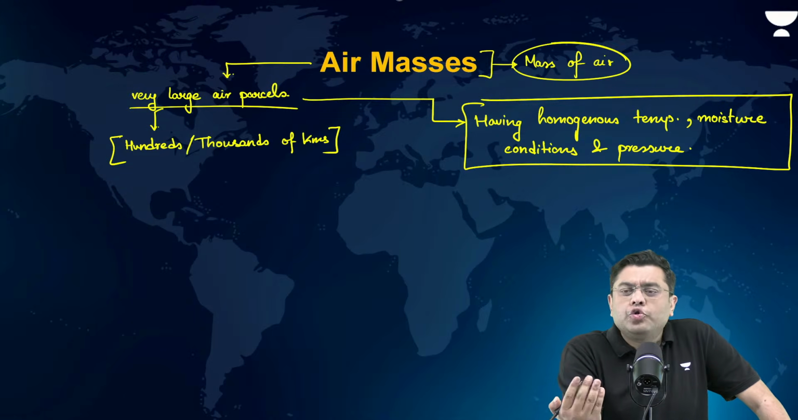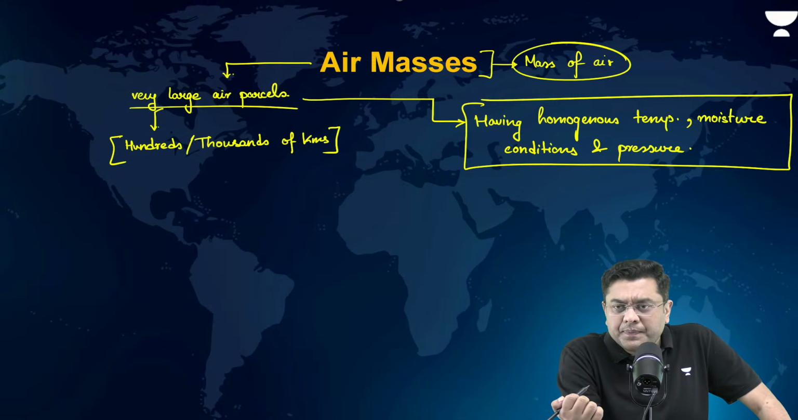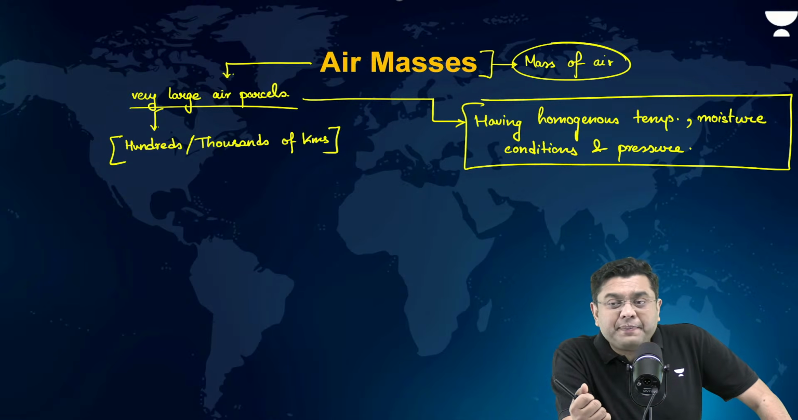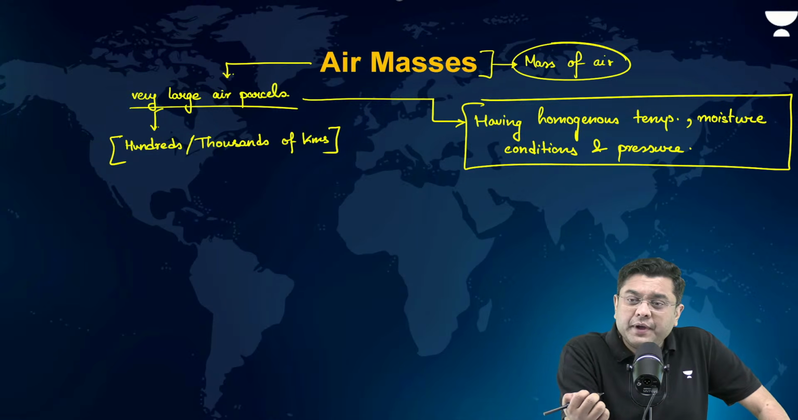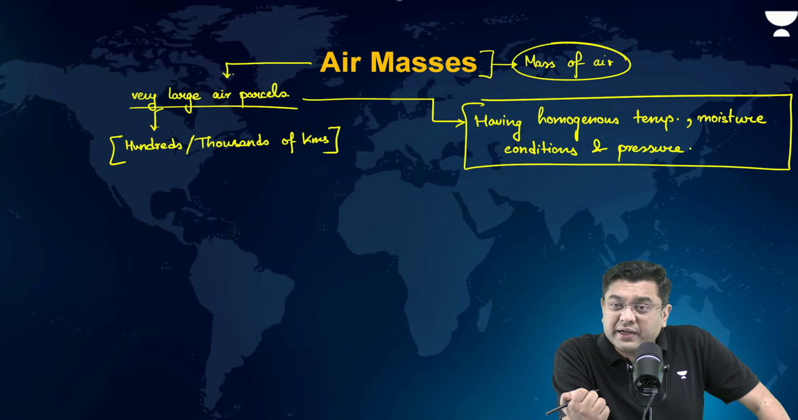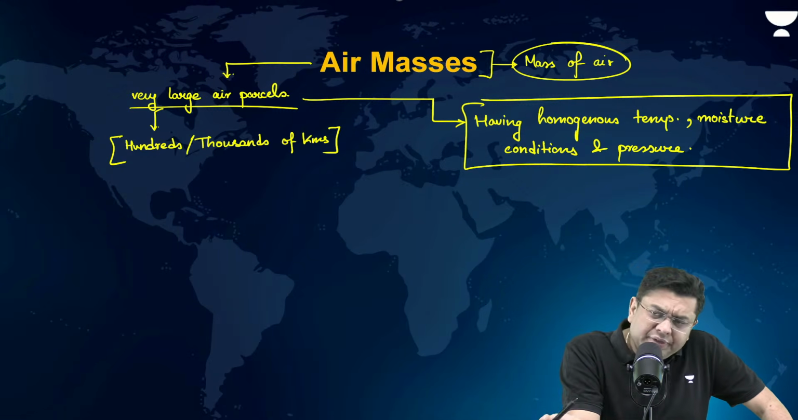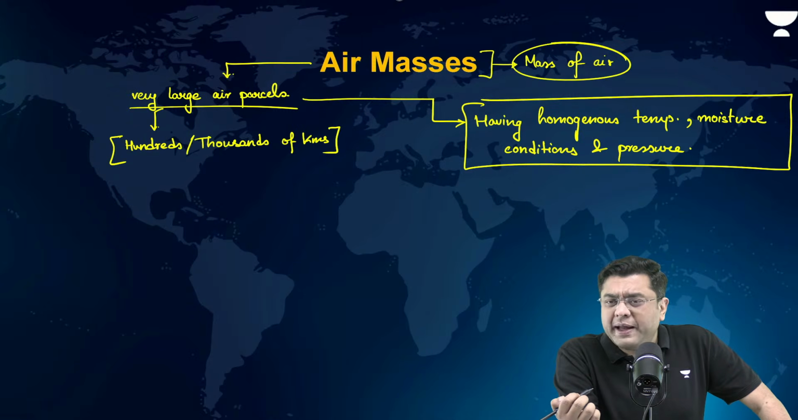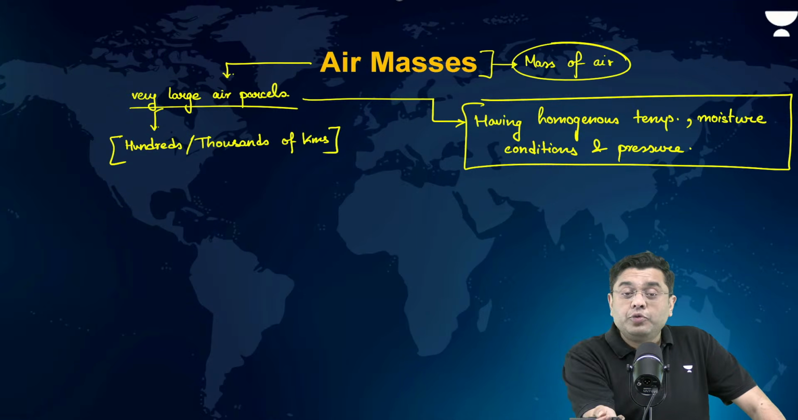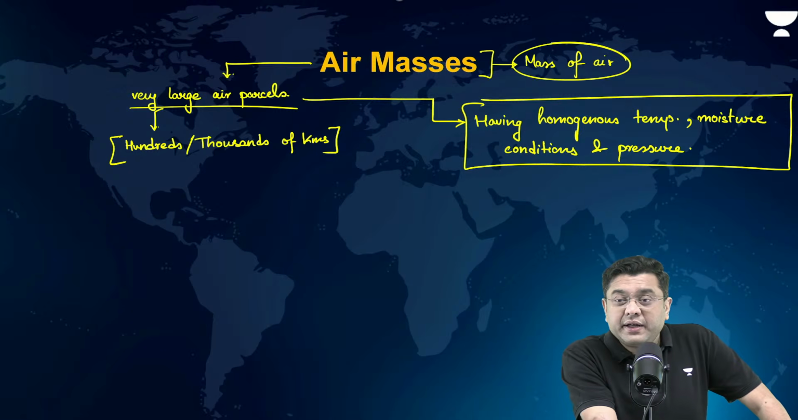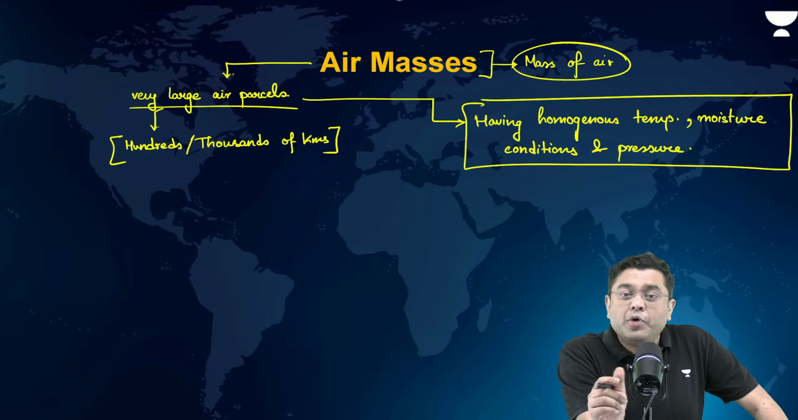For example, when you go to, let's suppose, Ladakh, you will experience cold temperatures, air will be cold. When you go to Rajasthan, Thar Desert, you will experience warmer conditions. When you go, let's suppose, over the Bay of Bengal or Andaman Nicobar, you will experience a very high amount of humidity, isn't it? So that is basically where you will always experience that the moisture conditions or the property of air